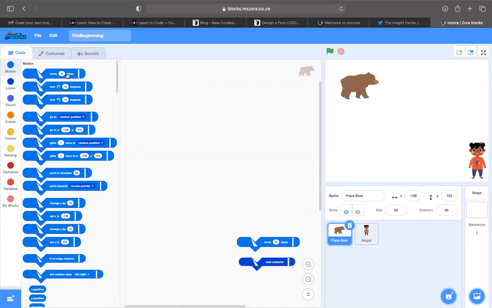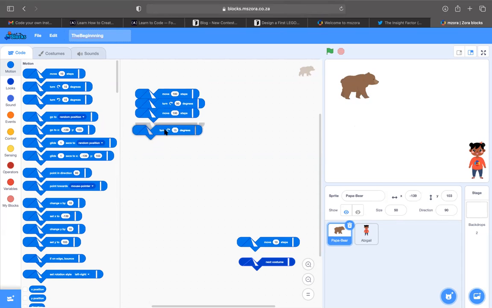We are going to say to the bear, it must move 100 steps and it must turn, let's make it turn 90 degrees. And it must move another 100 steps. It must also turn another 90 degrees, sorry. And it must move another 100 steps.